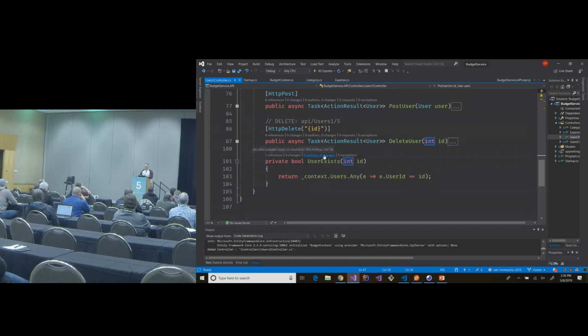The other thing that we want to look at, that we want to consider as we go through, as we build our services here,